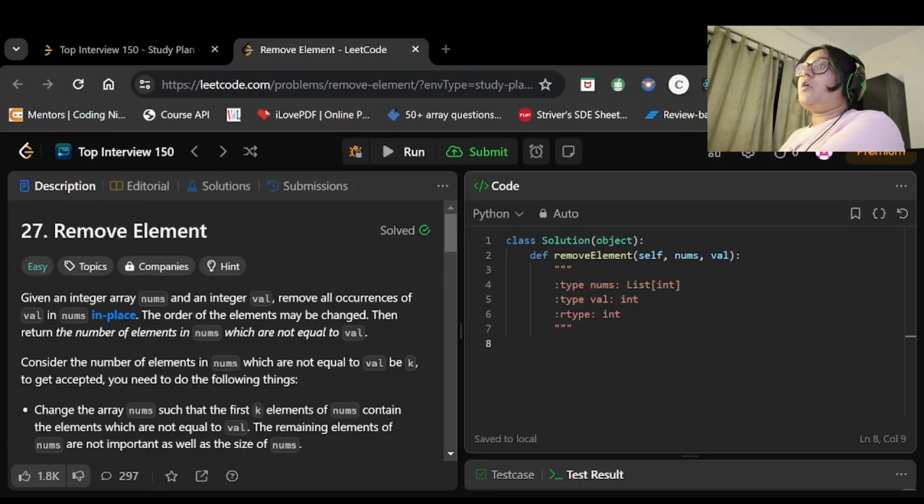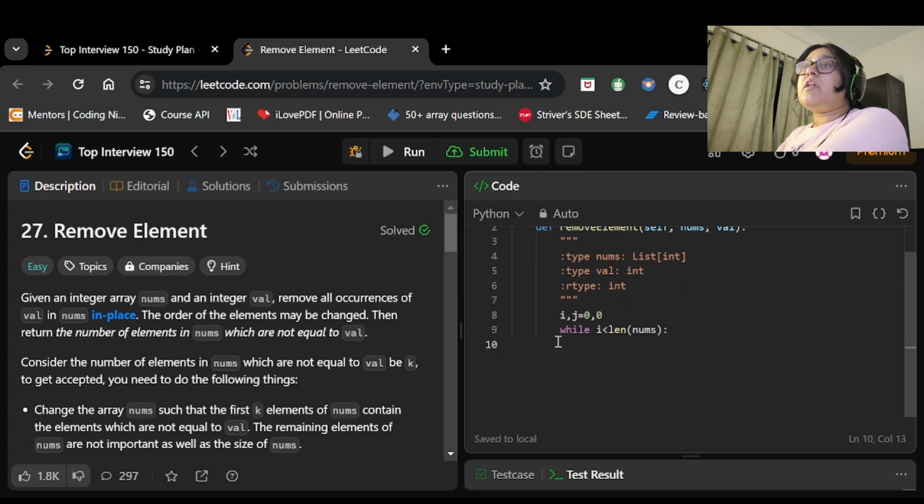Okay, now I will use two pointers i and j, both initialized with 0, and we will start iterating on the array. While i is less than the length of nums, we will start the iteration and store the values which are not equal to val, right? So I will check if nums of i is not equal to val.